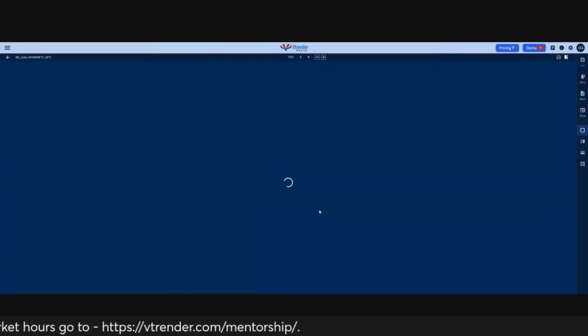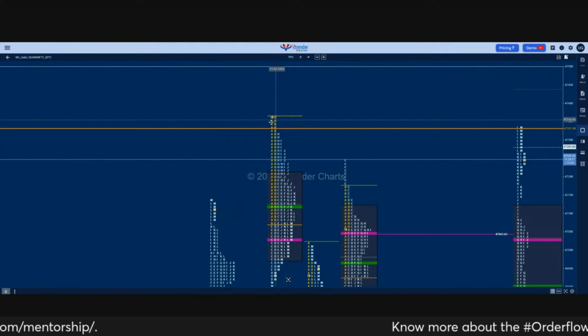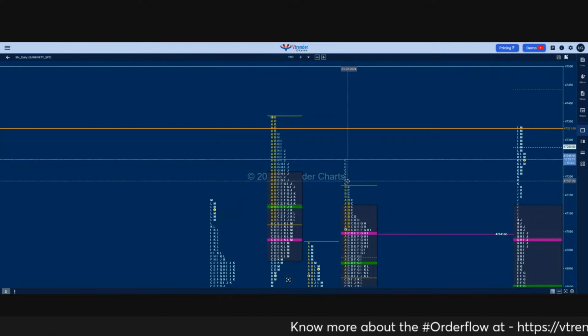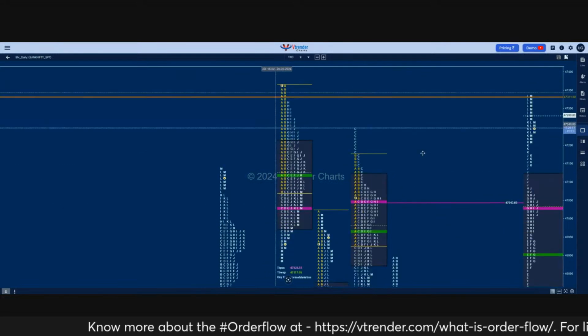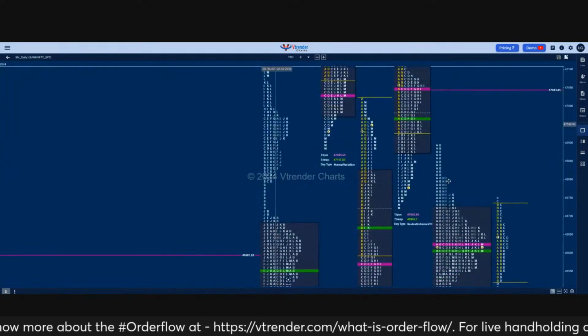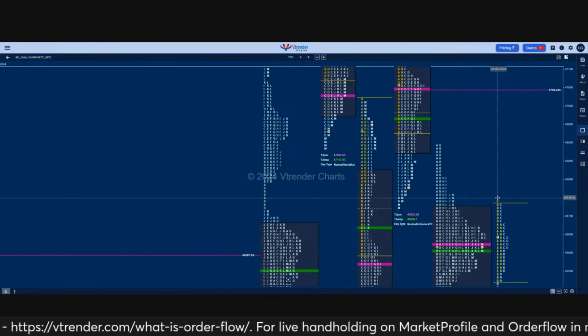I'm just reloading because I'm not getting that. Yeah. So here, 21st of February, we have the poor highs. Then we have an FA on the 23rd. This FA was at 47272 45, and then we had another FA at this zone of